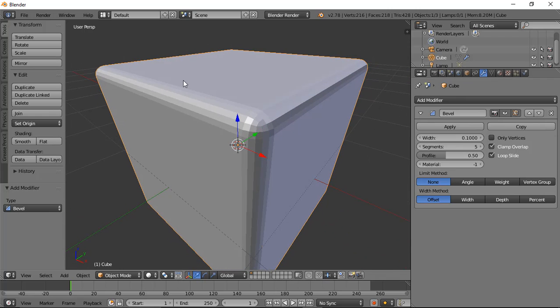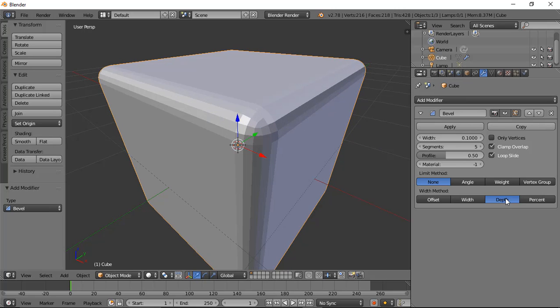Can you see? Now the edge got modified into 5 segments, and now I'll select width. This was a change that we observed. Next comes the depth. You see, each one of them acts differently. Will make you understand how the